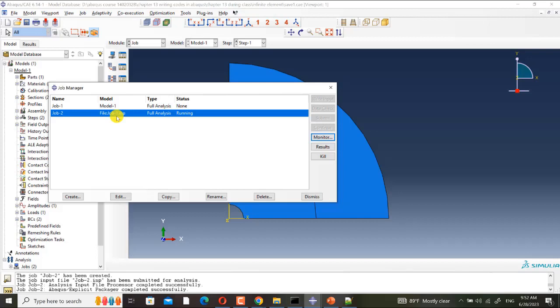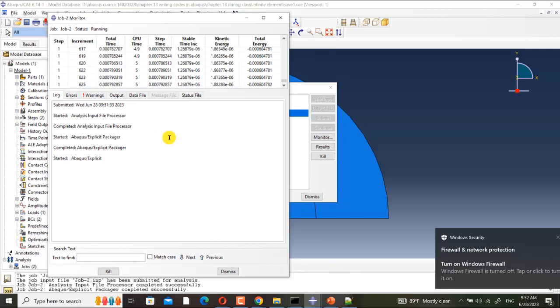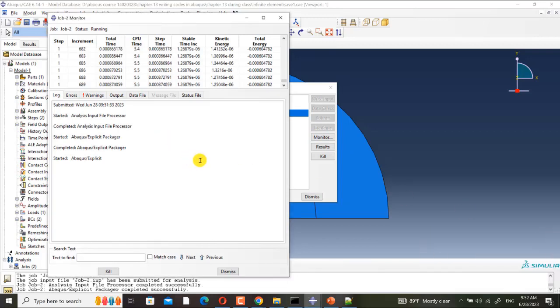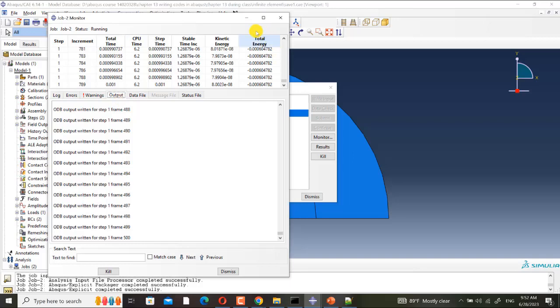Also in this case, the infinite element is not added in the CAE, okay? So it's wrong. Please don't make this mistake. And if you see it is running, it will be completed very soon.